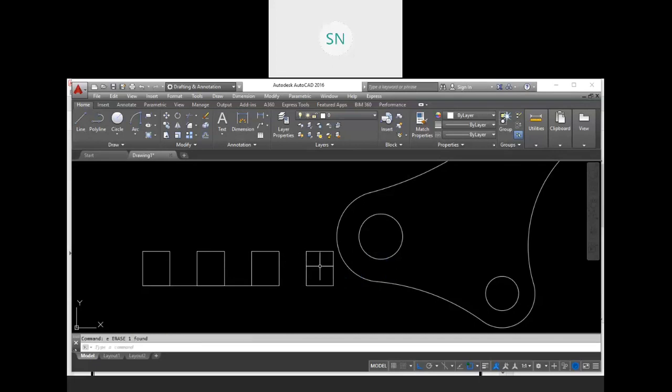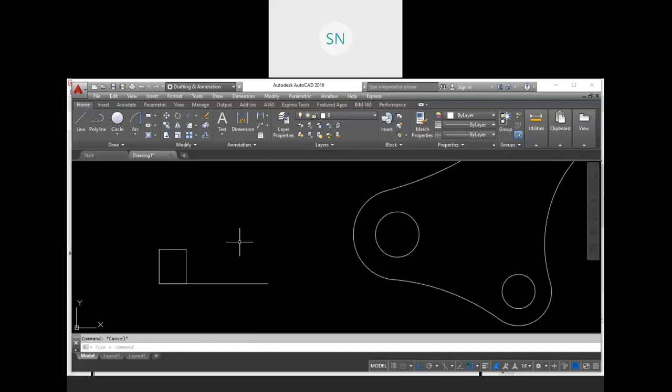Again, CO, enter, select object, enter, base point. Then we have the array option. So go to the array, then enter the number of items to array, including your source object.